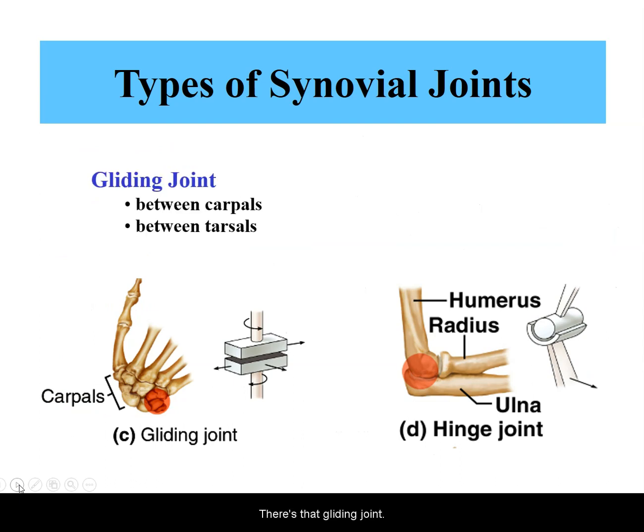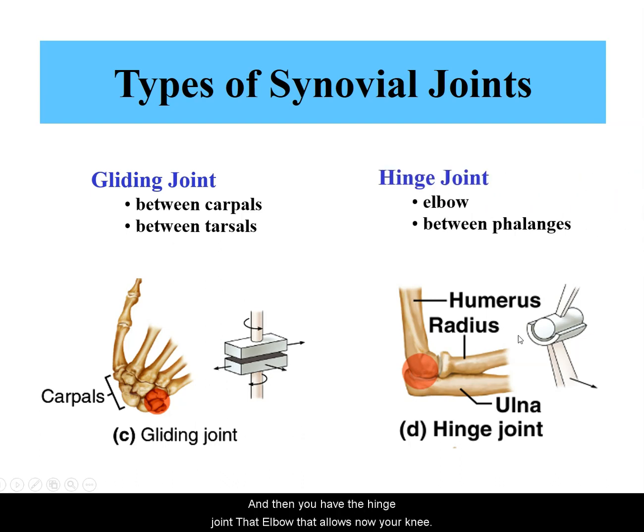There's that gliding joint. This is just the last slide was from the open stacks. These are older slides, and those are the carpals there. And they're amphiarthrotic, very little movement between those. And then you have the hinge joint, the elbow. Now your knee is also a hinge joint, but